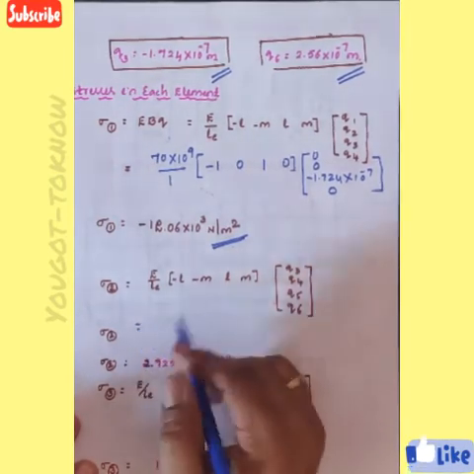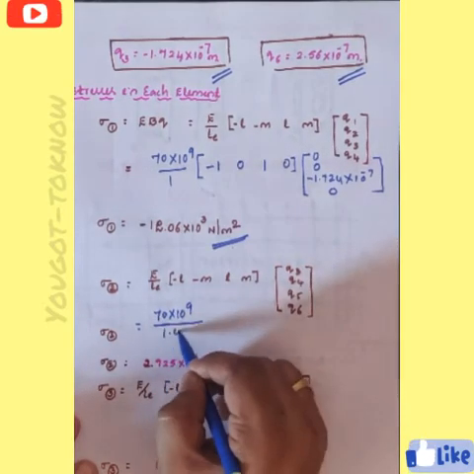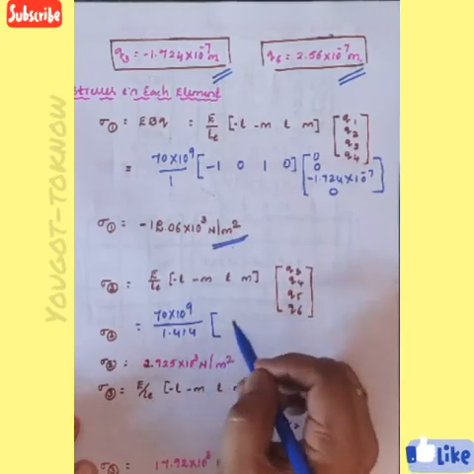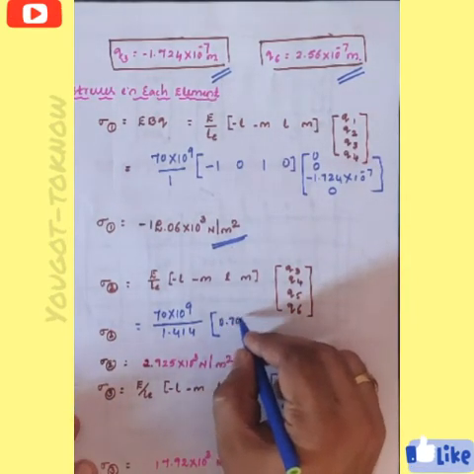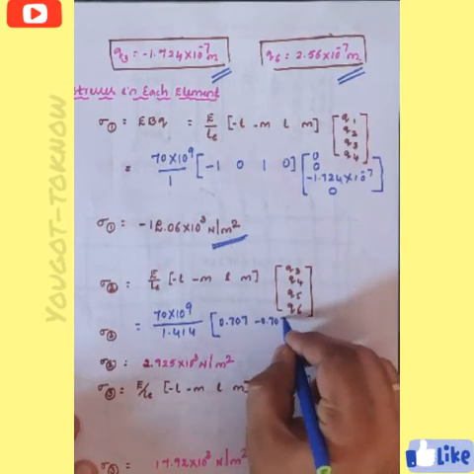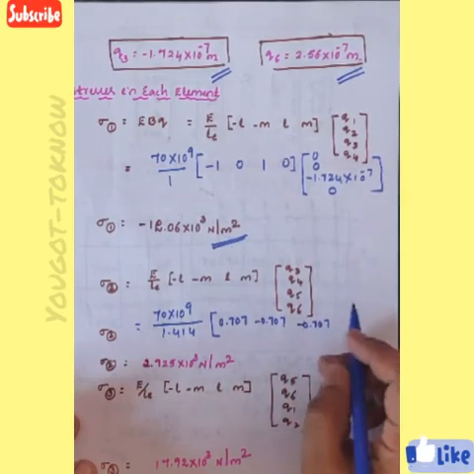Similarly for the second element, what is the second element? Same thing, repeat it, and your Young's modulus is the same. 1.414 is the length of the element. Then what is the L value? L value is minus 0.707. M is minus 0.707. That is L, once again, what is L? Minus 0.707. Okay. M is